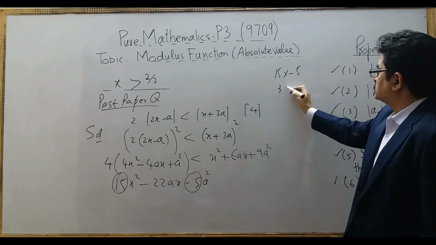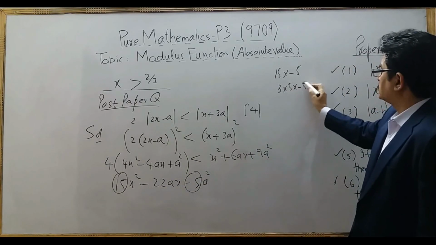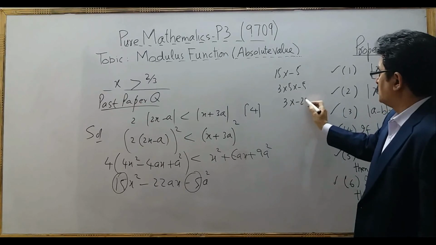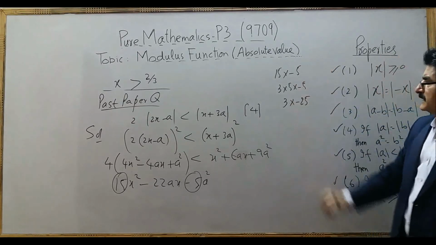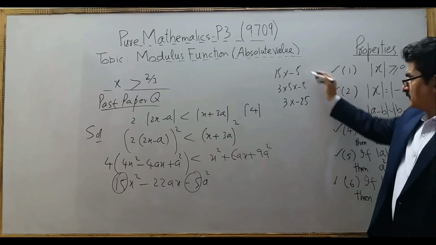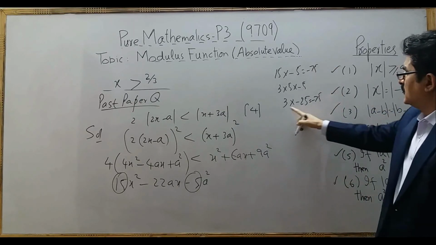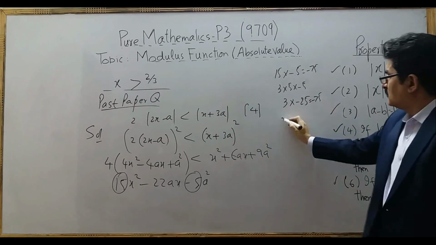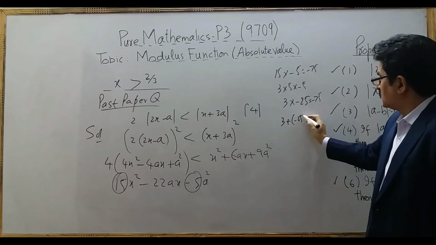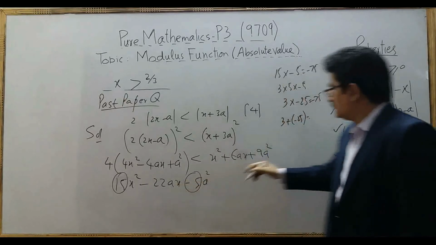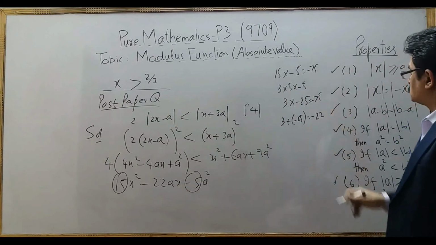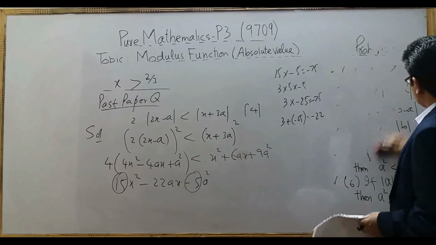If we multiply, we should get this answer, and if you add, you must get minus 22. You can write it as 3 into 5 into minus 5. So you can write it as 3 into minus 25. Very simple thinking process. So if you multiply, you will get the same number, minus 75. This also gives minus 75. But if you add these two numbers, you will get minus 22. So this is how to factorize it.